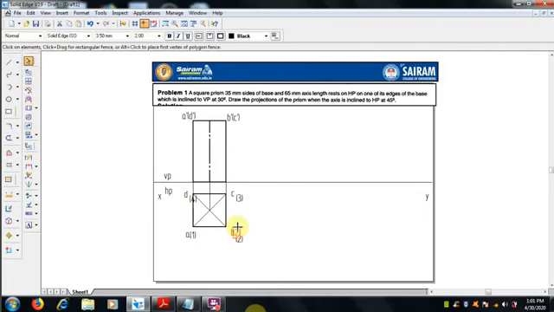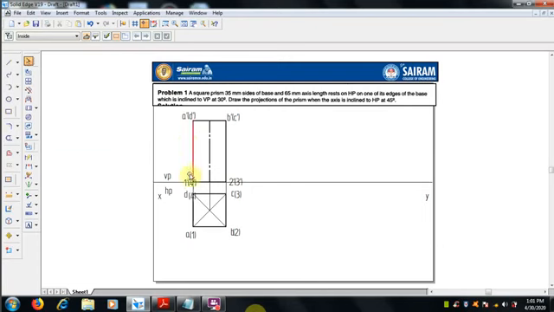This is the top view, where the visible and invisible corner points are given, and in the front view the same. Like 1 2 3 4, when we are seeing from this side, the observer can see 1 but cannot see 4, which is hidden, so 4 dash in bracket. Here the observer can see 2 visible and 3 is invisible, so we will put it in bracket. So this is the front view here.